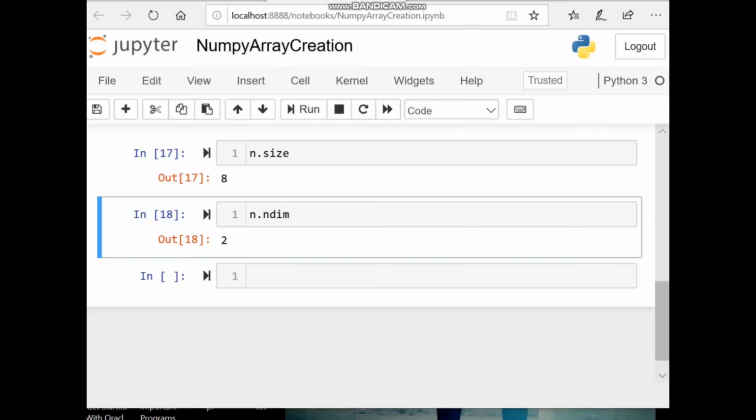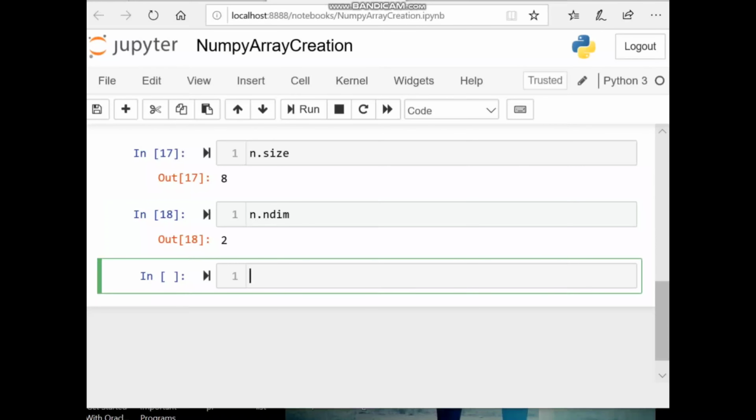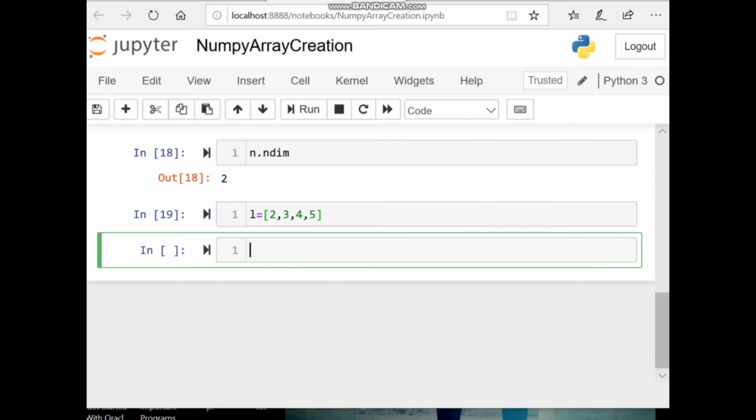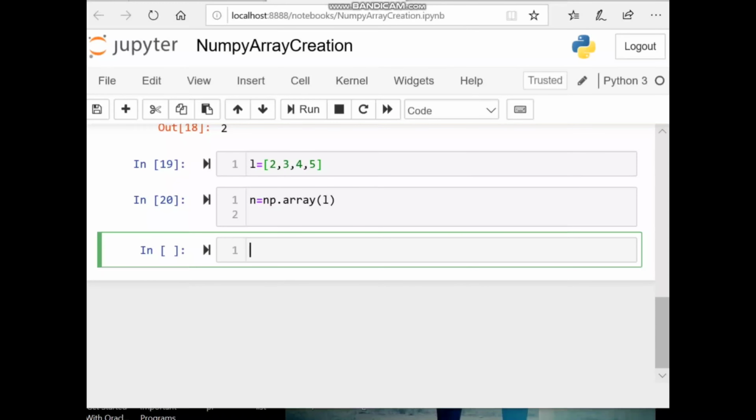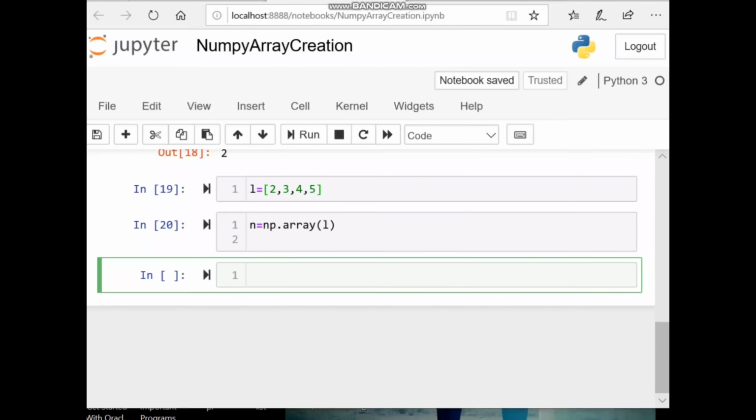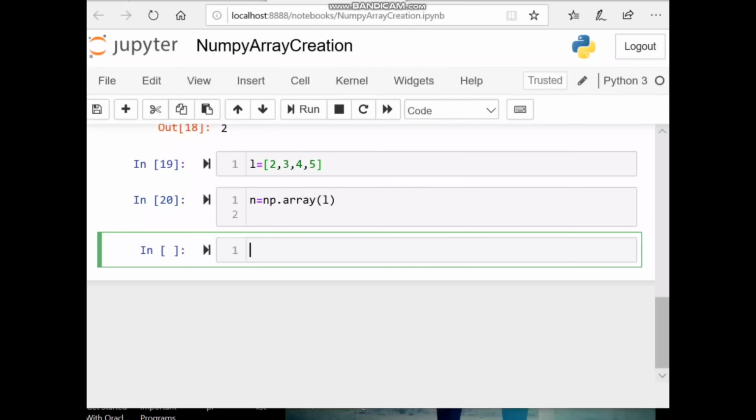If we create another array, let's create another Python list. L is equal to 2, 3, 4, 5 and hit shift enter. And now we create a NumPy array. So n is equal to np.array and pass the list here. Okay. And hit shift enter. So here it is created and now we see how it looks.